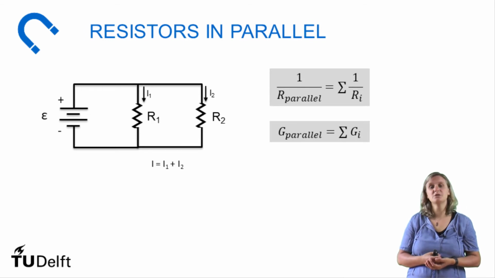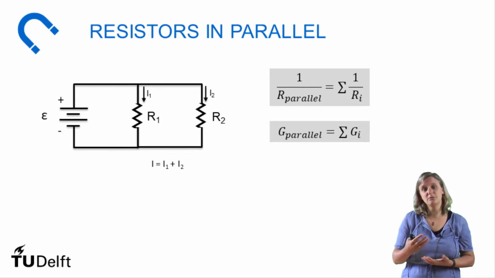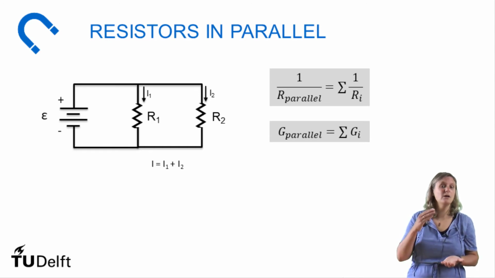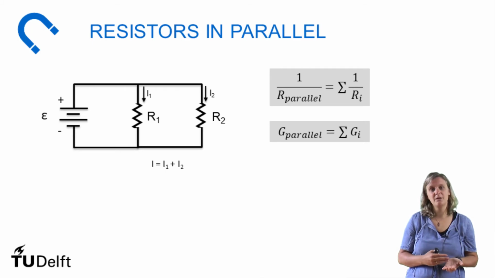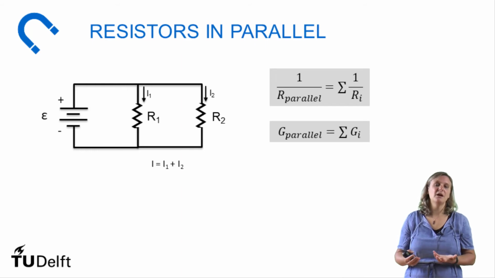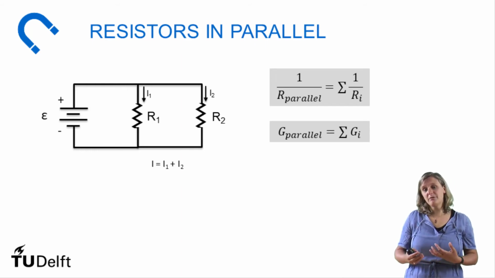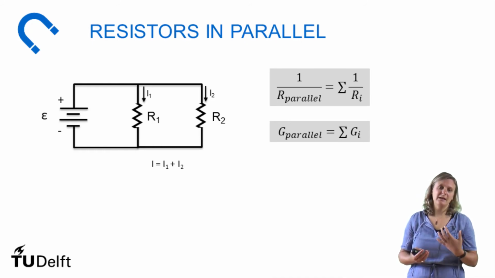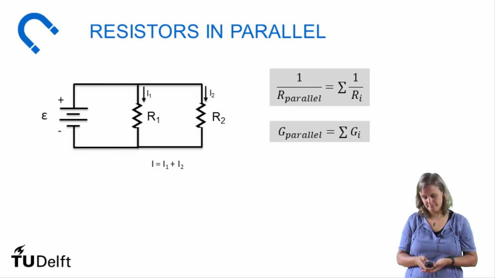And then if you use Ohm's law, you will figure out that if you put resistors in parallel, you can reciprocally add them up. And this means it's 1 over the total resistance of parallel is the sum of 1 over the resistors. And this is in principle not very complicated, but it's not that easy to calculate with. So therefore, if we work with complex circuits with many parallel components, sometimes it's more useful to talk about connectivity. So this is the G again, where for connectivity, we can again say the total connectivity of the system is actually, you can just simply sum up the connectivity of the individual components.